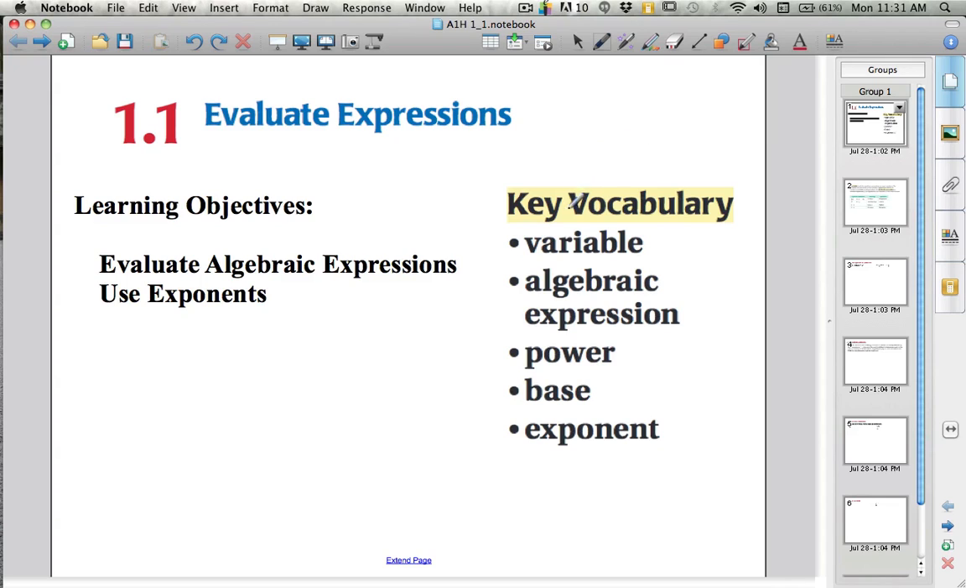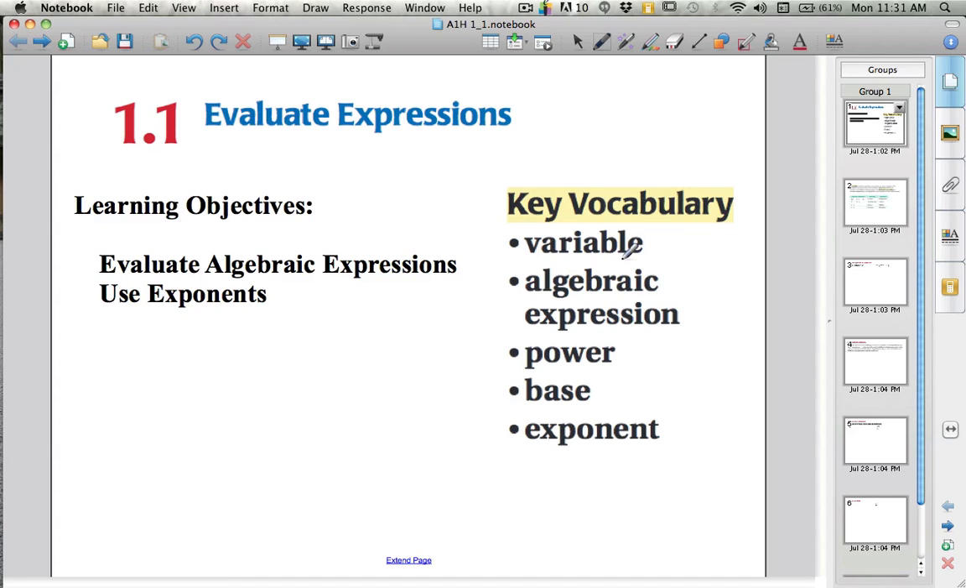In section 1.1, we have some learning objectives. We would like to evaluate algebraic expressions, and we want to learn to use exponents. Some of these things may already be pretty familiar to you. And the key vocabulary for this section is a variable, and a variable is a letter that we put in